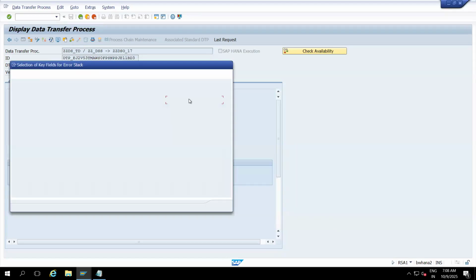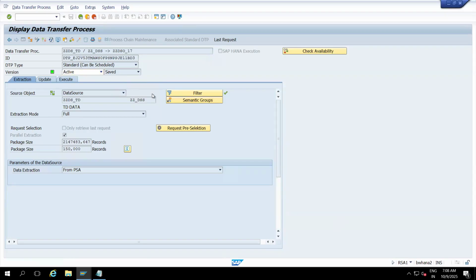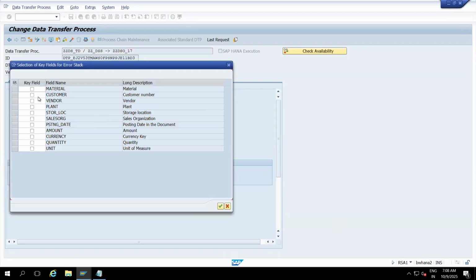When you select the semantic group, and at the source system level, if you select this option, go to edit mode and then only it will come. Go to edit mode and then it will come. If you select this